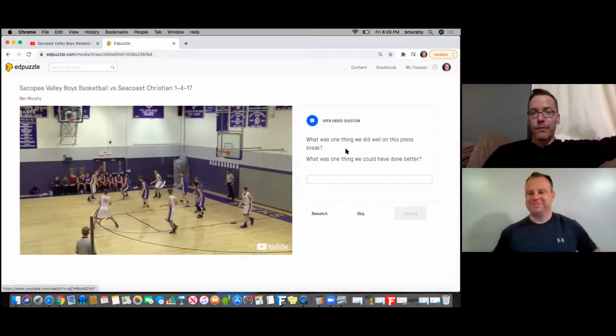Worst case scenario, I think we probably draw a foul there and we get to the line. But instead we kick it out to the kid, who is a pretty decent 3-point shooter, so I understand why he did it. But I think you probably got to go up with that when you catch that ball on the block right there. Coach, do players have to